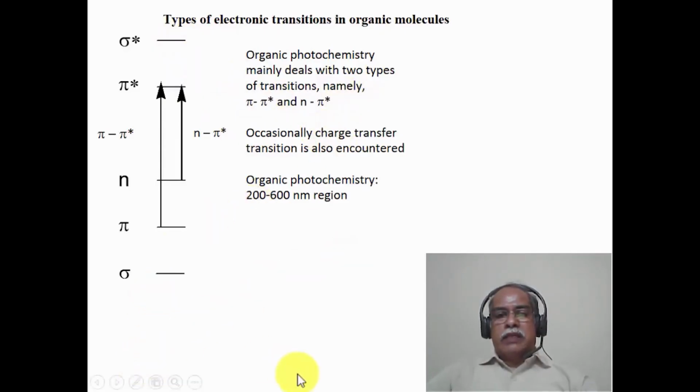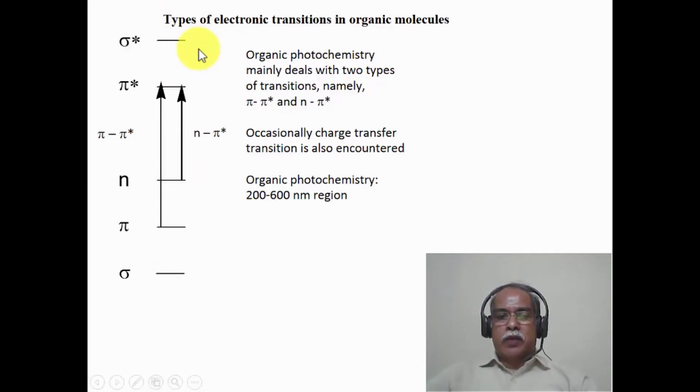So if one excites CH3I using visible light, in fact if we leave it in room light, iodine is liberated, essentially because electronic excitation causes the C-I bond sigma electrons to go to the sigma star level. Once the electrons reach the sigma star, the bond order is essentially 0. That would correspond to the dissociative state of CH3I, and it releases a CH3 radical and an iodine radical. The iodine radical essentially dimerizes to give iodine. Such is the photochemistry that occurs because of the dissociative sigma to sigma star process taking